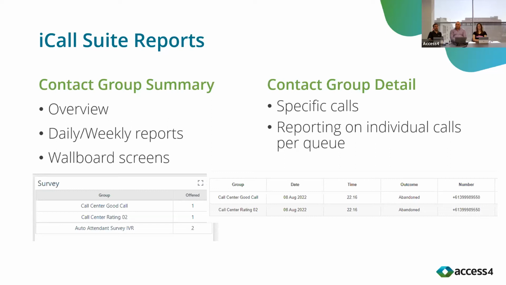The contact center group summary is a quick overview, seeing how many calls come in on a day or in a week, and how many are getting to very satisfied versus unsatisfied. This is also what you're going to use for wallboards. So if your customer has wallboards on their TVs in the office kind of thing, and they want to look